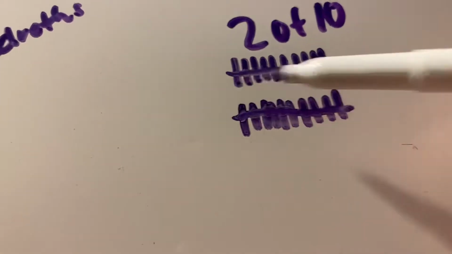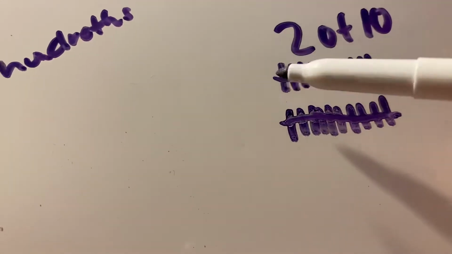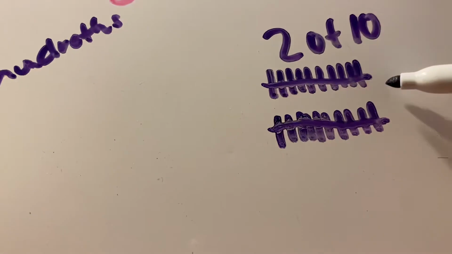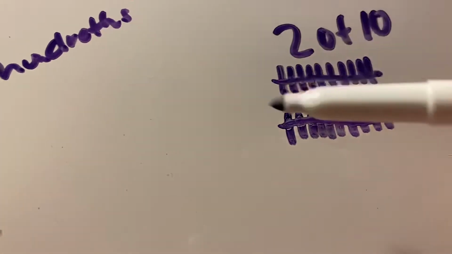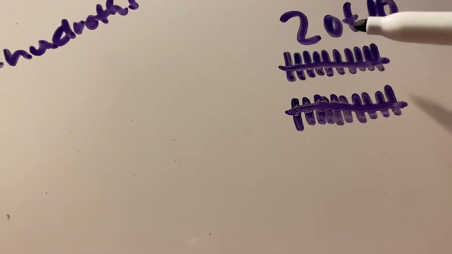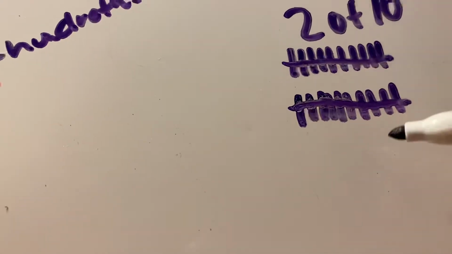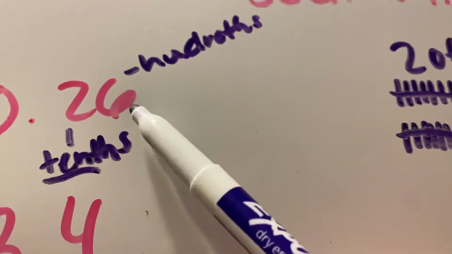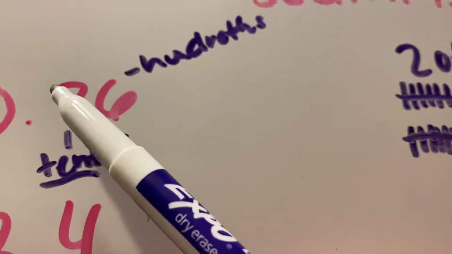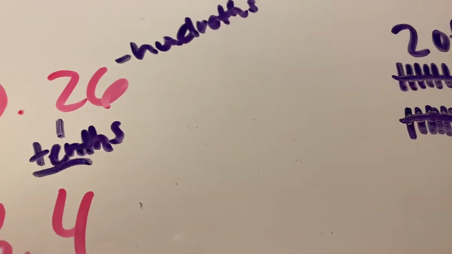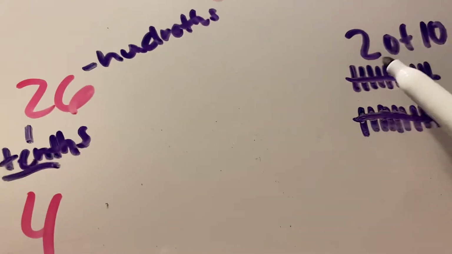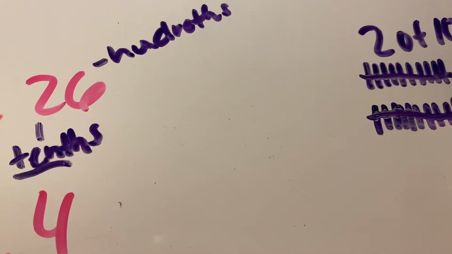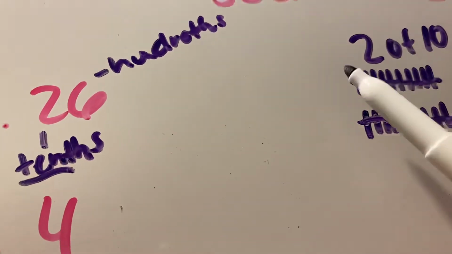Now inside of each of these is a hundredth. So 10 of the hundredths make up a tenth. So that's why we can have 2 tenths. If we had 4 more of these, this would make it 3 tenths. So using that logic of one of these being a hundredth, going into the total of a tenth,